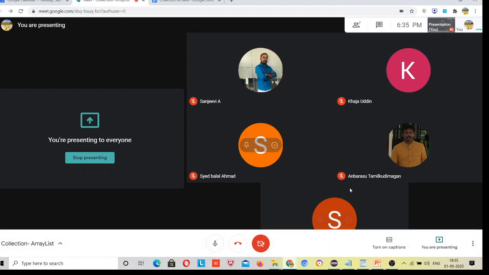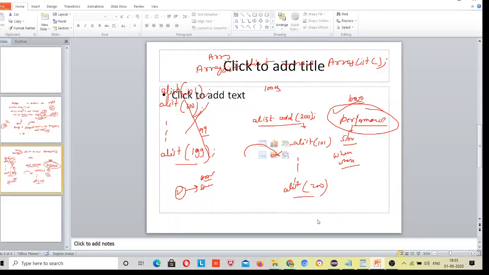Okay, so I'm starting with the array list. You know what an array is, right? So there are some restrictions of array, and what are those restrictions?